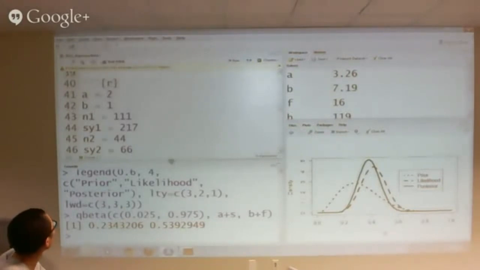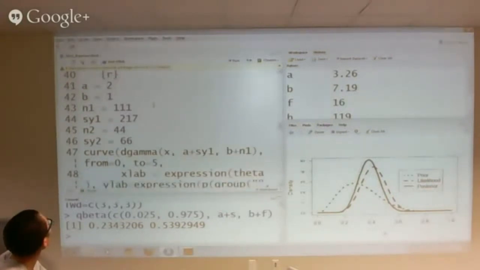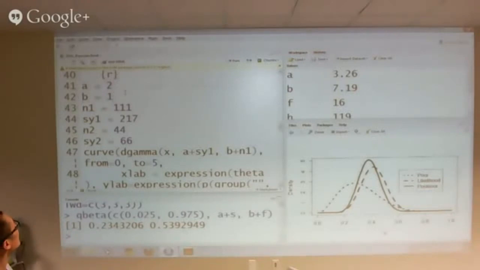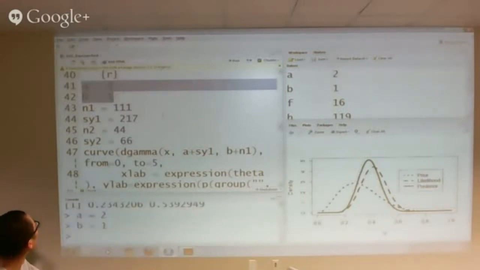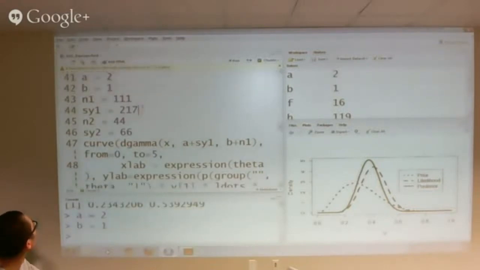The last one is the Poisson distribution, which is A equal to 2. We assume the prior distribution with parameters A equal to 2, B equal to 1. So we said A is equal to 2, B is equal to 1. And then this is the first group. They have 17 people in total, and